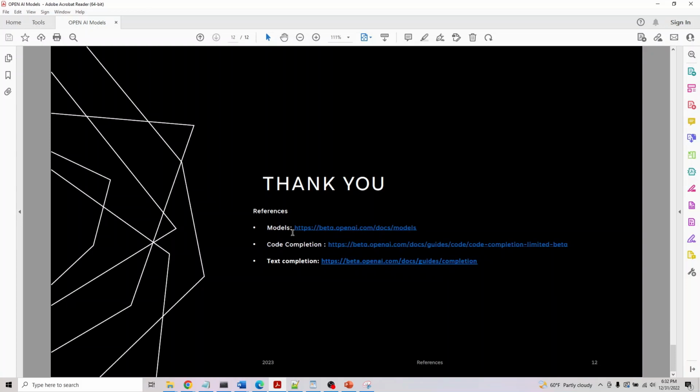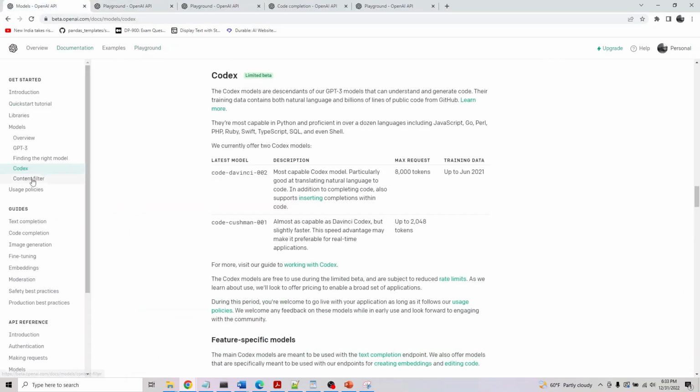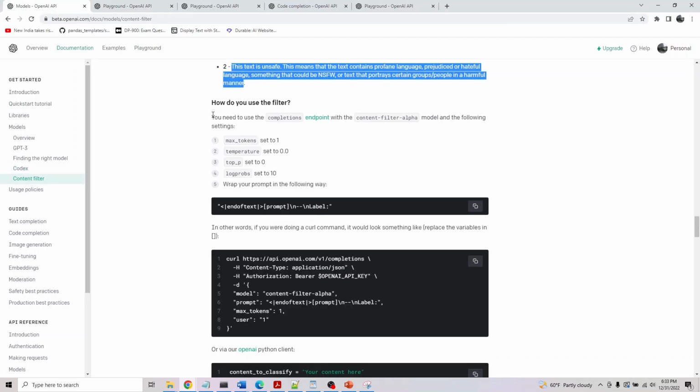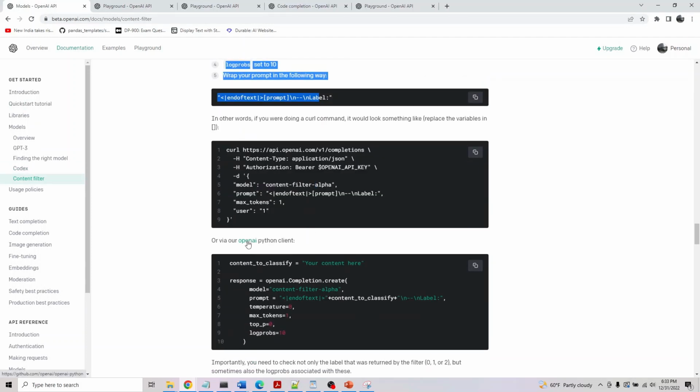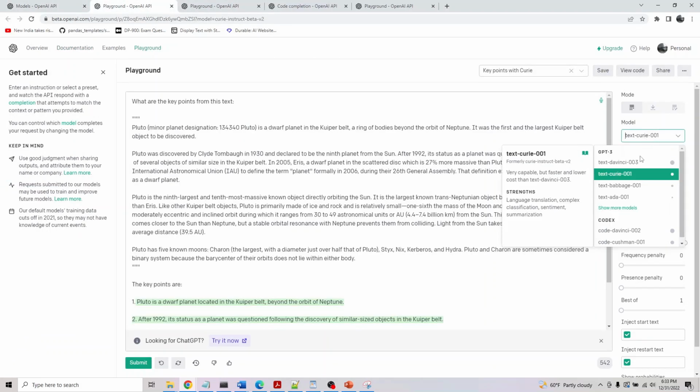And the model page I went over is here in the end, in the reference link. If you click on this, it should go there. And the code we went over is here, and the text is here. And let me go back to the page I was looking at to help you understand. So if you go to content filter here, here are a set of examples of how you can play with content filter. The model name you have to specify here is content filter alpha. That's the model we will be listing. It's not in the playground. So if I go to playground, I don't see anything called content